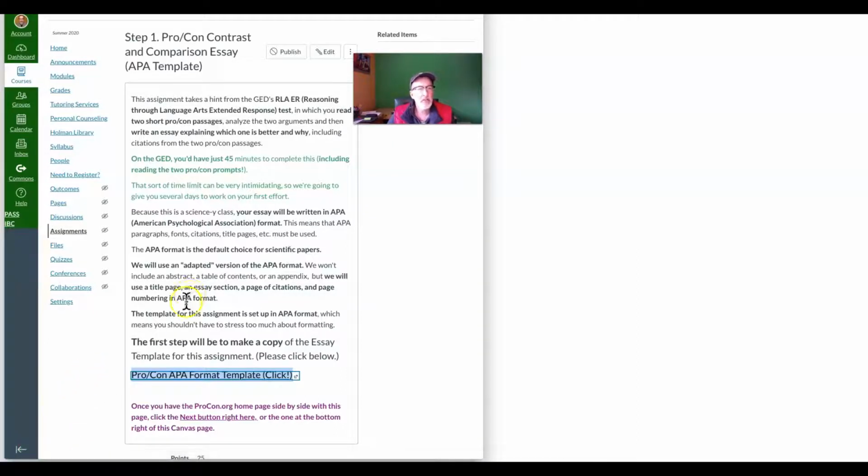We're in step one here, the pro-con contrast and comparison essay. You can read through these instructions. This is sort of modeled after a similar test on the GED, so it's designed to work on critical thinking, analyzing a little bit under pressure, and then writing an essay in response to two short passages that you read. We're going to do this first one over a few days, but the way to get started is